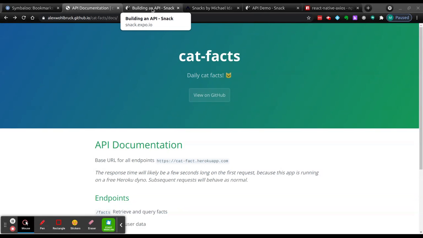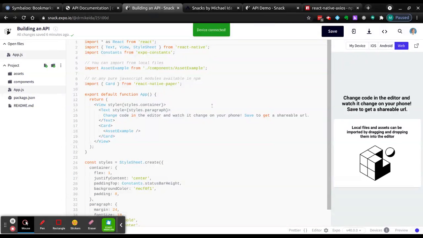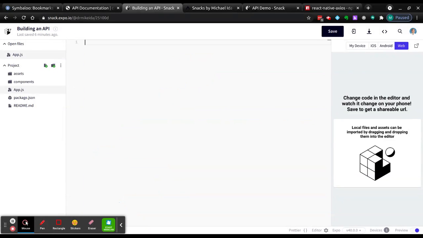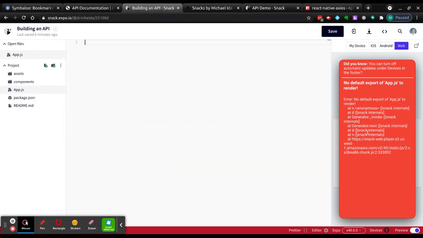Okay, so let's go ahead and open up a new snack. So I've got a new, pristine, brand new snack open up here. I'm calling it Building an API. Now this is just a starter skeleton code that it always gives us. So what I always like to do is clear this out and just start fresh. Okay, so I'm going to go ahead and select all. This is my app.js file. Just going to delete it. Now it's going to have a fit on the right here. You see the red because there's no code for it to compile and run, but we're going to fix that